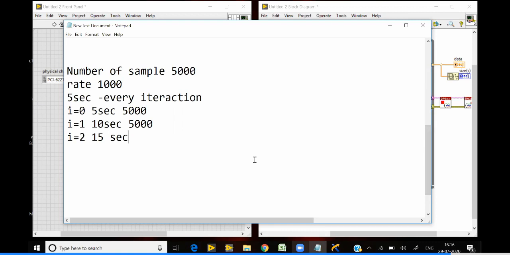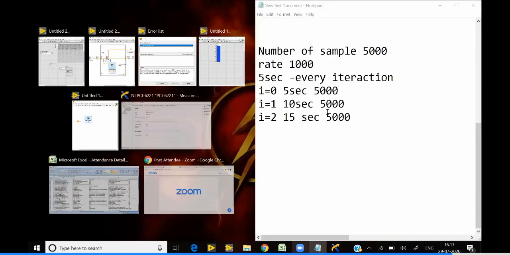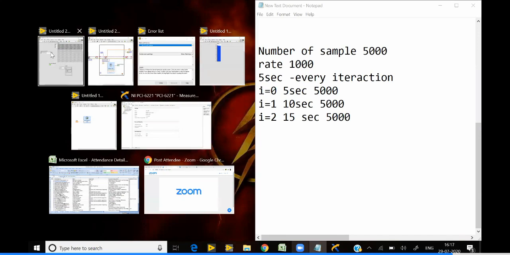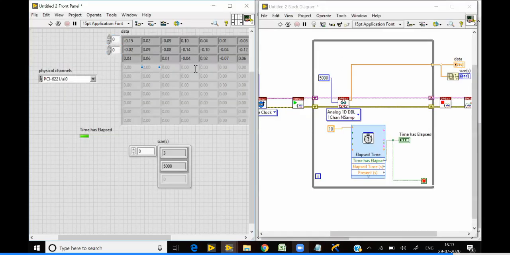Since it is a while loop, it will execute the program first and then the program will be stopped. So you will get 3 rows. The first row is the output of the 0th iteration, the second row is the output of the first iteration, the third row is the output of the second iteration.